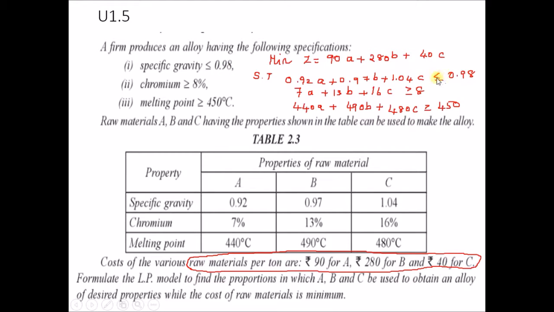0.98 with less than or equal to type, then greater than or equal to 8, then 450 with greater than or equal to. To identify this as a maximization problem or minimization problem, at the last they have given that the cost of the raw material is to be minimum. That means the problem is a minimization problem. So you would be getting constraints of type greater than or equal to, but in the question itself they have given the constraint type. You can directly put that as the constraint type. For the first one less than or equal to, for the second